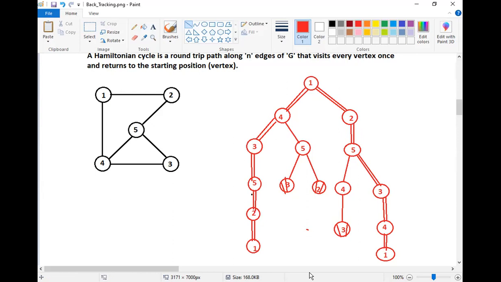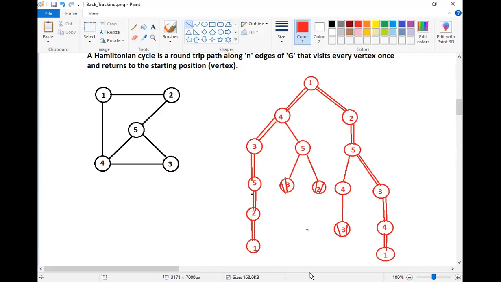We need to just ensure that levels should be the same. Levels in the sense, when I started from the root node, it is at this level. Below that, we should write in the same line. Below that, all should be in the same. And then here it will come the same one. This and this should come on the same line. Below that, we have to represent properly. Understood? Is it difficult? The only thing is that you need to understand how to backtrack.